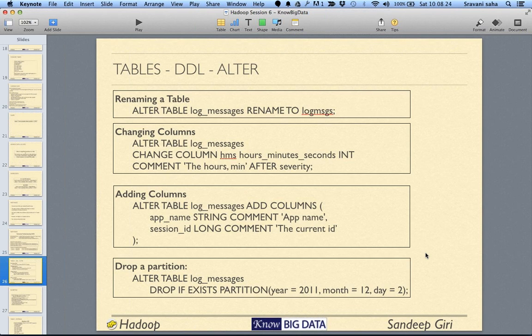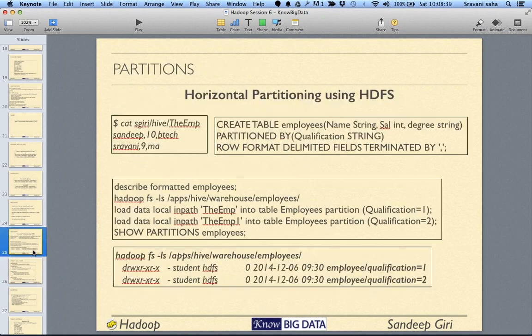No, Hive does not handle input splits, or Hive does not handle the blocks. That all is handled by HDFS. Hive lives with very simple rules. You created a partition using a column called qualification, and so Hive will create